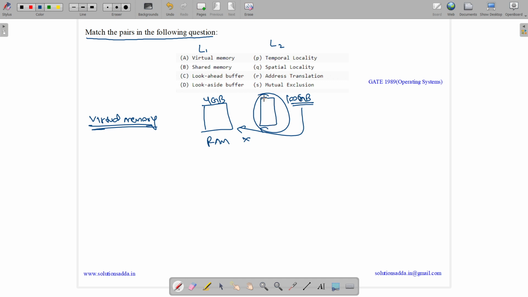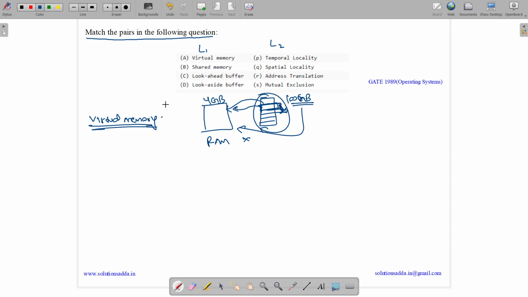So we divide the process into various pages and load each page into a frame of the RAM. So virtual memory allows processes larger than physical memory by breaking them into chunks. Spatial locality says that if we use something in memory, we will probably need the things closer to it. So let us suppose we break it over here and we bring this page over here. Then some parts of it which are close to it are also brought. This is called spatial locality. So virtual memory can be mapped to spatial locality.